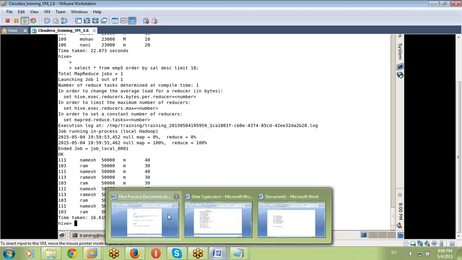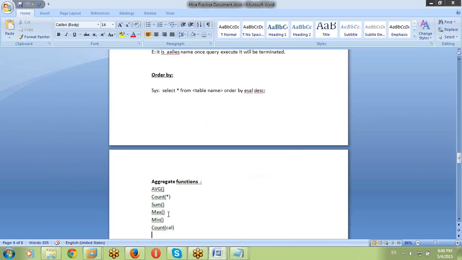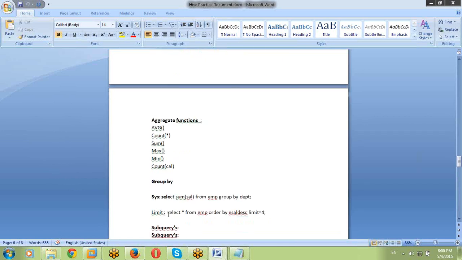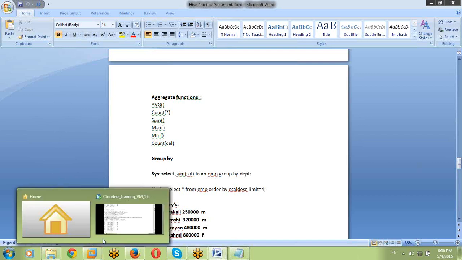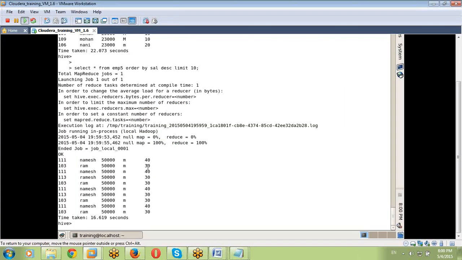For example, I have some other requirements, like aggregate functions. Yes, I want to know what is the total salary of my employees I'm paying in the EMP5 table. Or else I want to know department-wise how much salary I'm paying. Here we have the number of employees department-wise: 20, 30, 40.